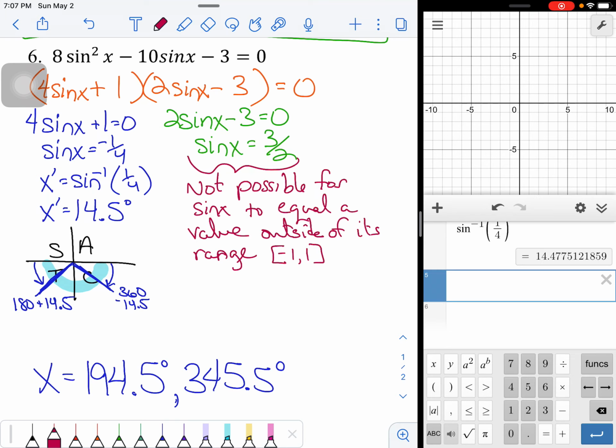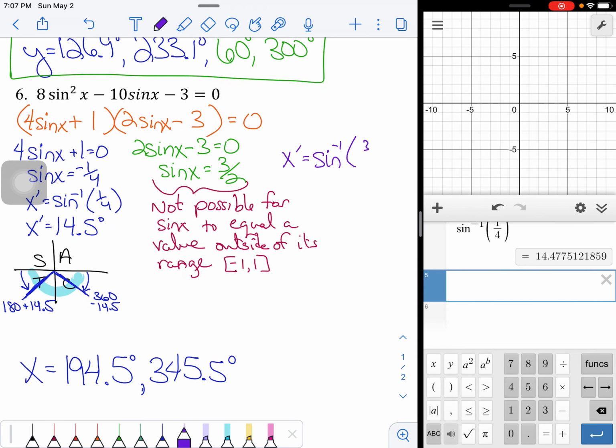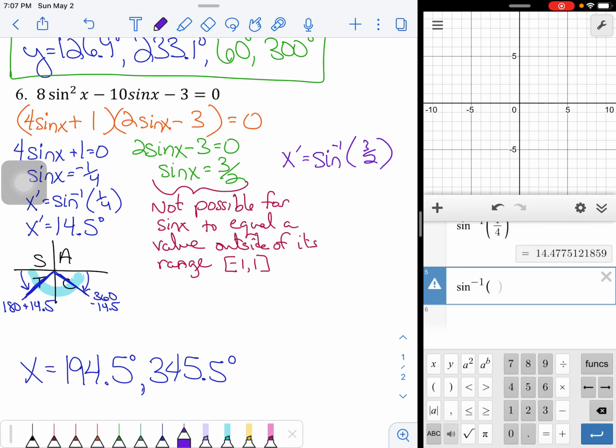Now, if you don't remember that, or you don't even think about that as an option, if you just come up here and you follow the same steps, and you're like, oh, well, let's do x prime. All right, cool. So off to the side here, it doesn't matter. All right, so if I do x prime here, that would be the inverse sine of 3/2. Okay, now that's fine. Let's throw it in a calculator. So inverse sine of